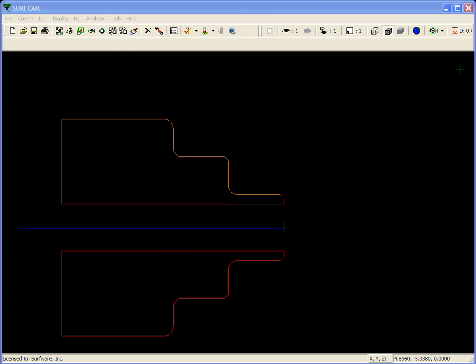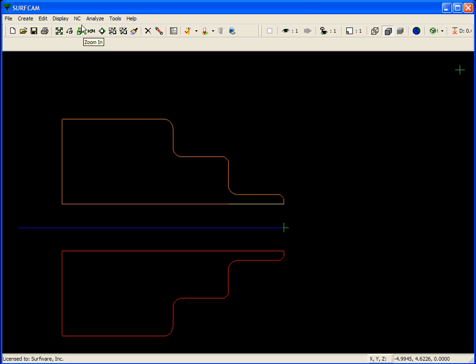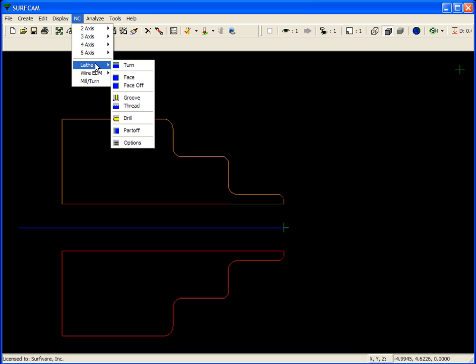In this video, we're going to talk about how to create an ID boring operation in SURFCAM Lathe. If we move up to the Operations Manager, you can see that previously we've center drilled and drilled the bore. Now all that's left to do is machine it to final size. I'm going to click on Done here, and we're going to move up to NC, down to Lathe, and over